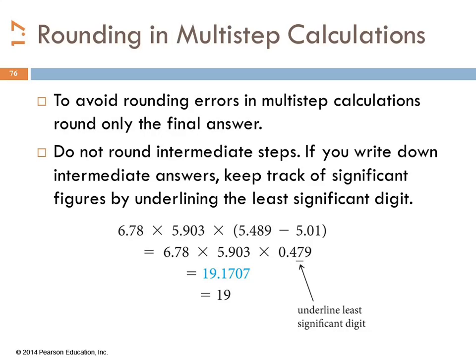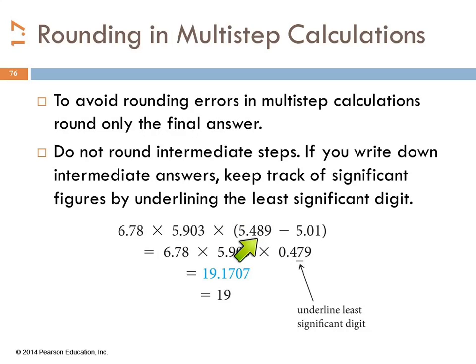We don't want to have rounding errors. So when we do a multi-step calculation, do the whole thing through on your calculator and write everything down, and then go back and look at what's going on in the actual calculation. It gets tricky when you've got multiplication and subtraction mixed together. You have to look at the